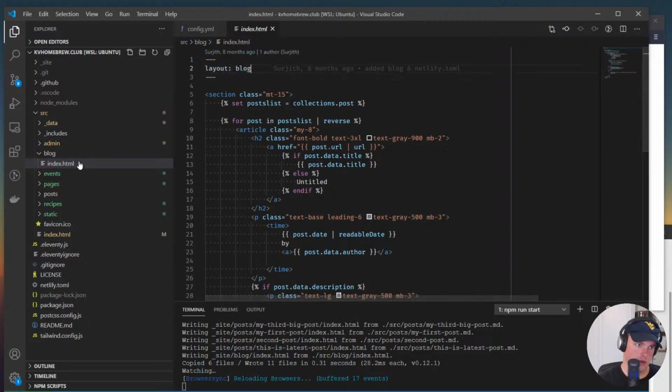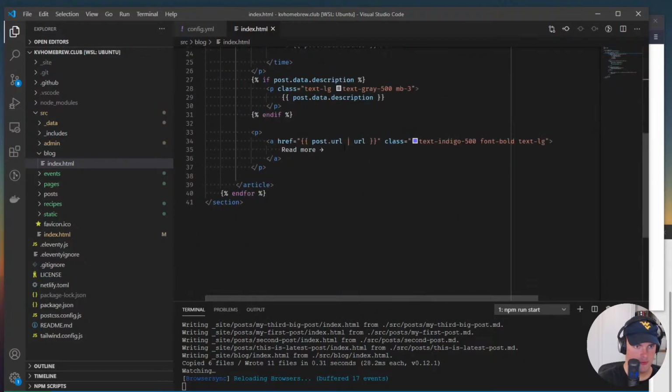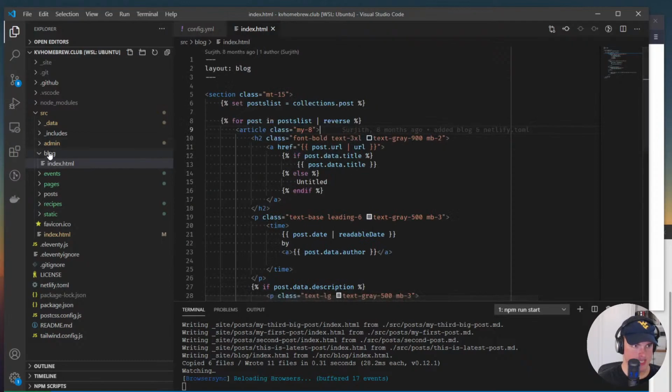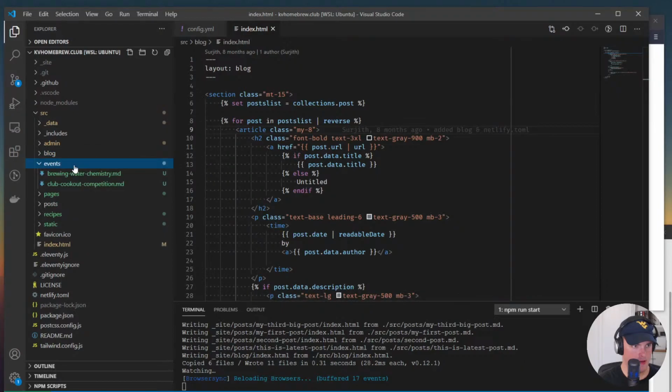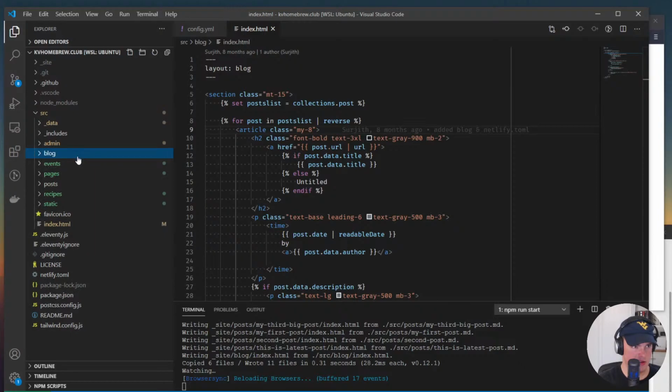Blog index.html. So this is called front matter, as I understand it. This is kind of like some information you can provide for this file. So if there's a blog, and this is the index for displaying all the posts,